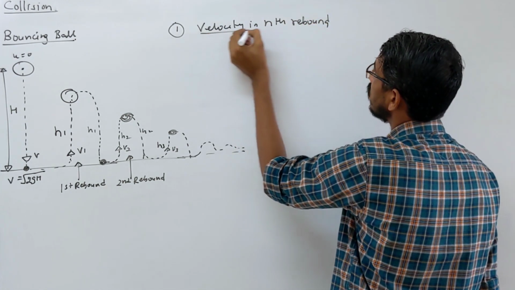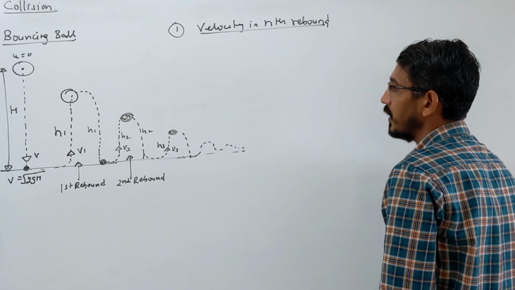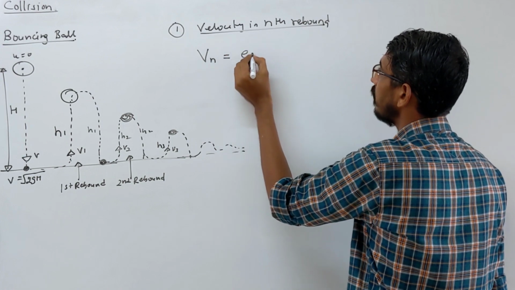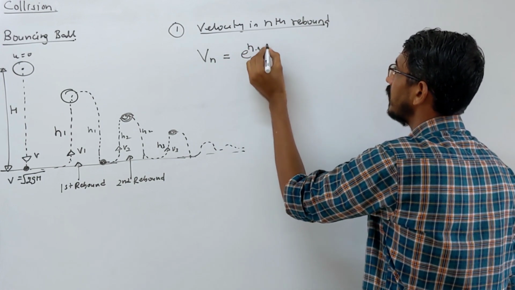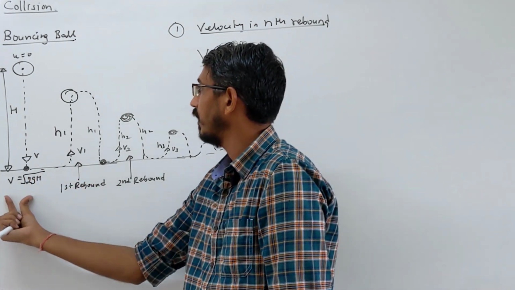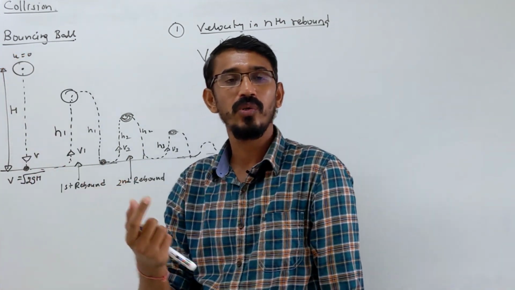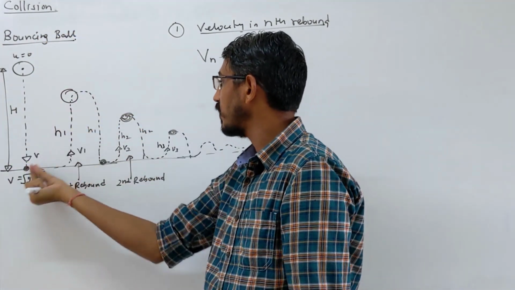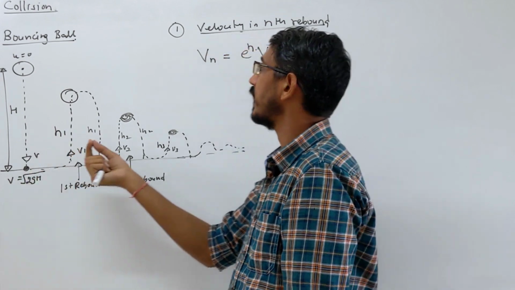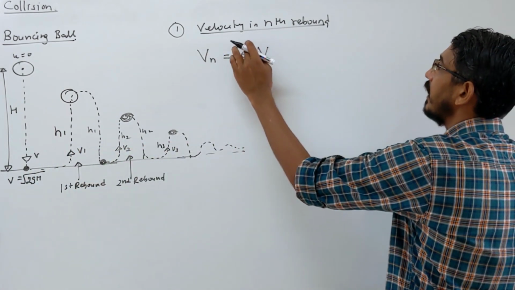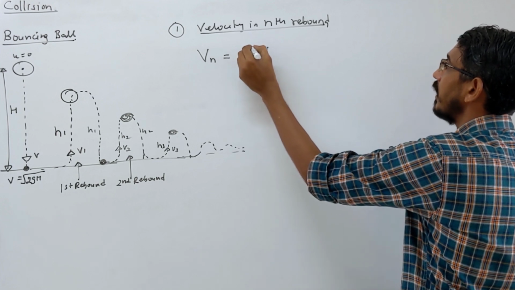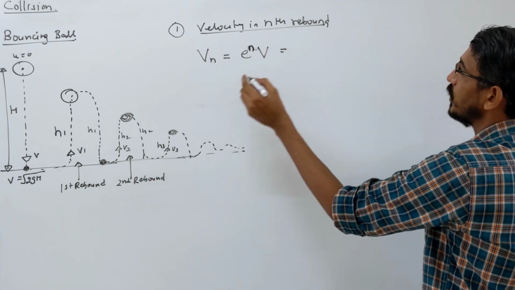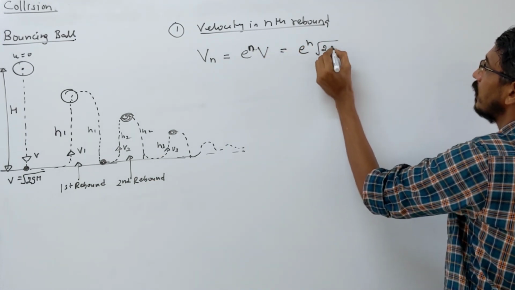So we write conservation of momentum. I am not writing it here already. If you watch carefully, the velocity achieved in the nth rebound will be e to the power n times the initial velocity with which it hits. You drop from some height; either the height or the velocity at which you hit the ground the first time will be known. When it rebounds, v1 will be less than v, by a factor e to the power n. n is the number of the rebound: first, second, third. If you don't know the velocity, it is root 2gh. So you can write e to the power n times root 2gh.